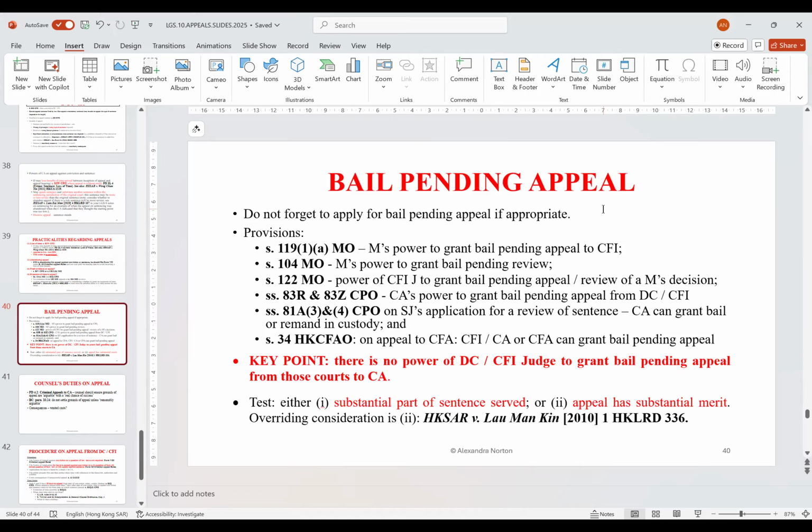That means that a district court judge, because remember, Section 83Z of the CPO is excluded from those provisions that are applicable in the district court, cannot grant bail pending appeal to the Court of Appeal, nor can a CFI judge. Why? Because Section 83Z only gives that power to the Court of Appeal. Okay? So just remember, if it's an appeal from the district court, you have to get bail pending appeal from